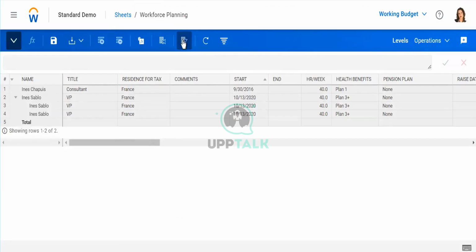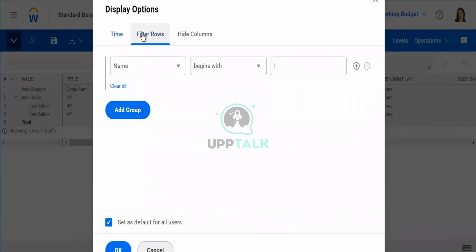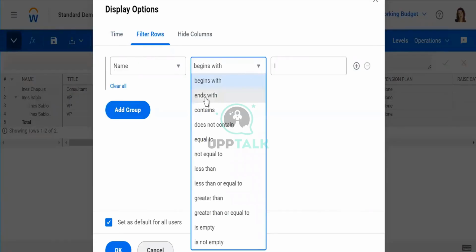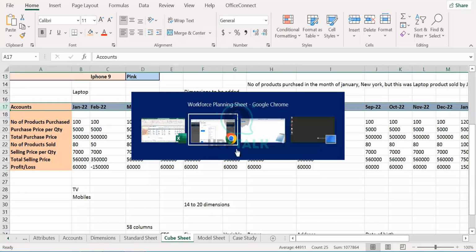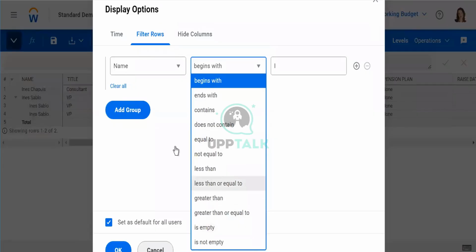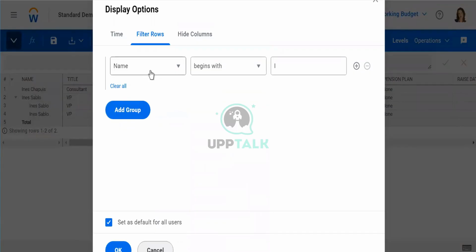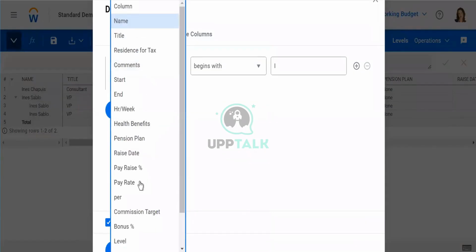Similarly, all kinds of filters are there. You can do ends with, contains, does not equal, whatever you do in an Excel file. It's basically giving you that functionality in the model itself. You need not download and do all of those things. Whatever you do in an Excel file for n number of rows, you can do it here, right? It's a good feature. Suppose you want to understand how many commission target is.